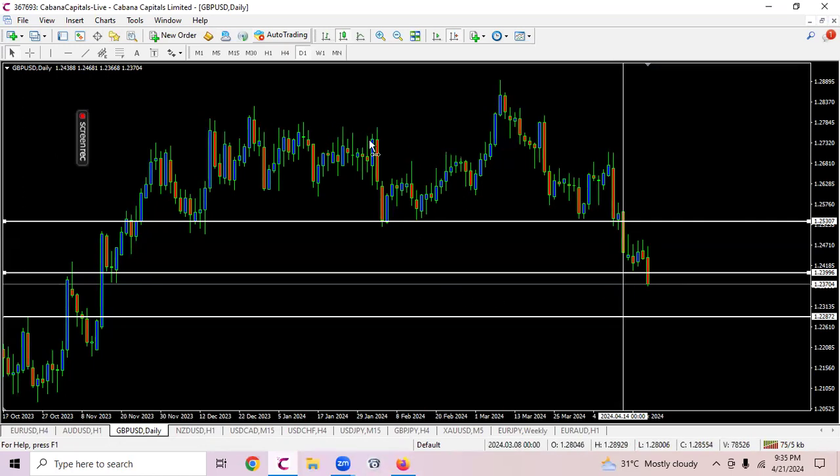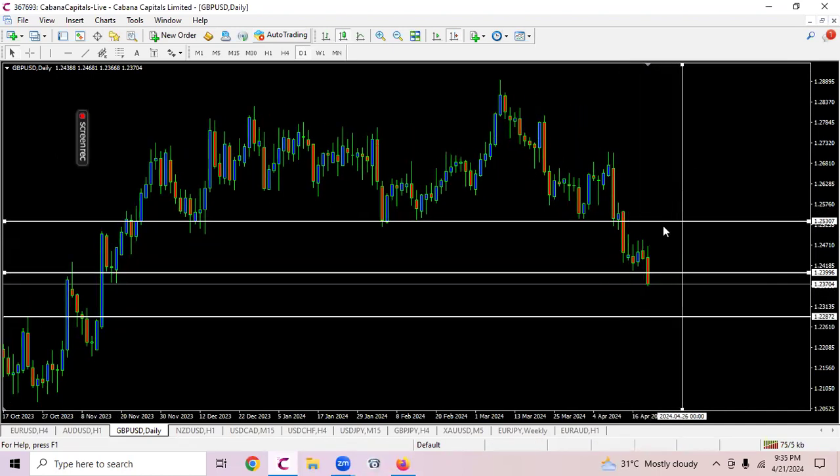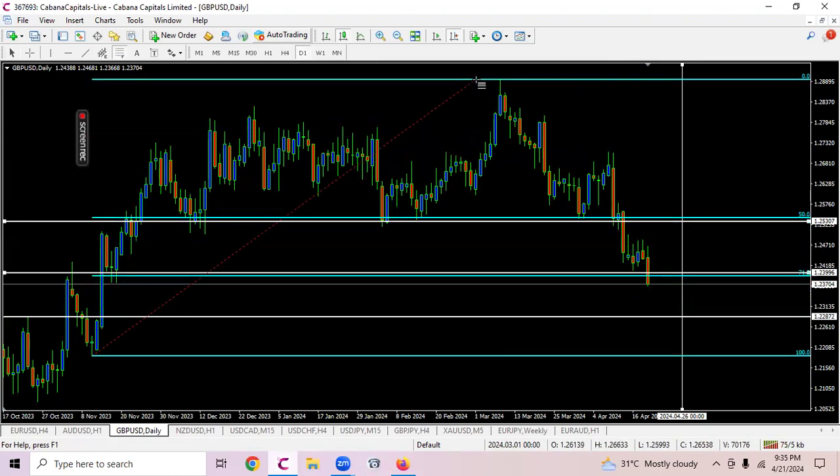So before we consider buying GBP/USD, you know what we're looking out for? A bullish reversal pattern. We don't have that yet on the daily time frame, right? We don't have it. It is still bearish on the daily time frame. So we can't jump in and start buying until we see a bullish reversal pattern. If we apply Fibonacci on this range, you can see price is currently at discount. Okay, so what we need to look out for is a bullish reversal pattern to form on the daily time frame or 4-hour time frame. It could even be on the 1-hour time frame before we go bullish on